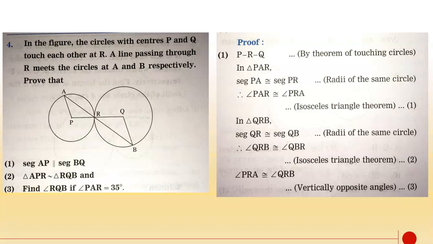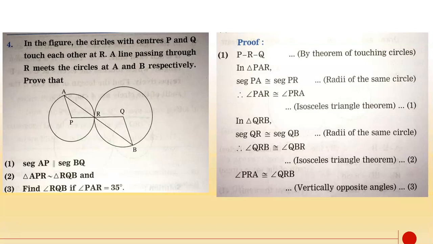Second, triangle APR is similar to triangle RQB. And third, find angle RQB if angle PAR is 35 degrees. Let us begin